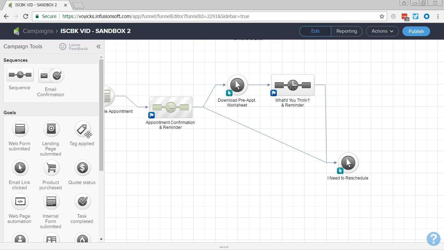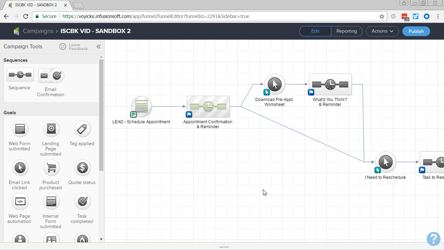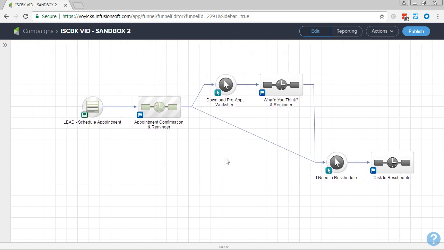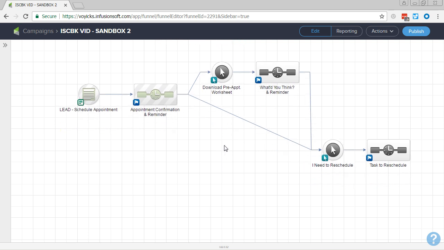So if they do that, then that can simply create a task to reschedule. So that's a couple different ways that we can send appointment reminders and different modifications we can make to this